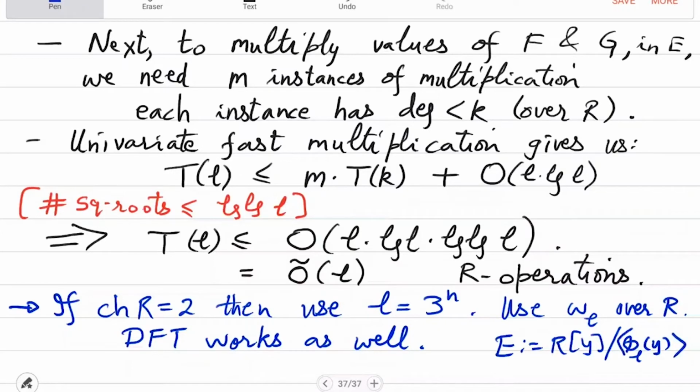No, whatever is L doesn't matter whether it is power of 3 or power of 3 times power of 5, whatever. You take phi L function. When we had 2 power n, we used the second polynomial. That was phi 2 of y, because it was x plus. No, no, no. What is phi L of y when L is 2 to the n? So you work it out, it will be that.